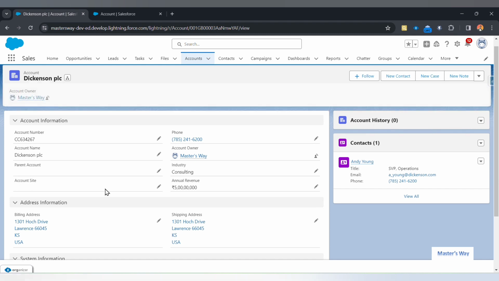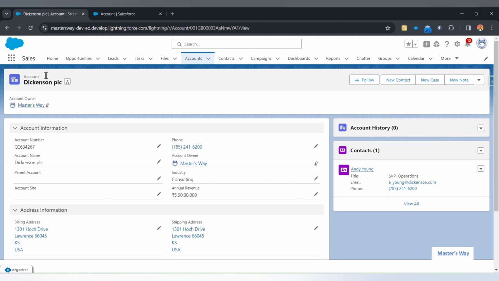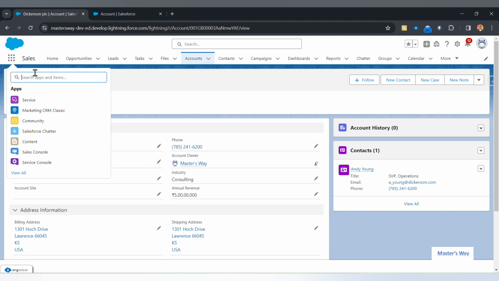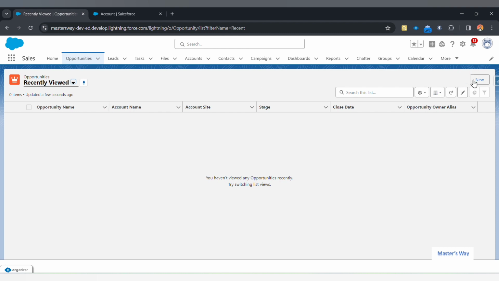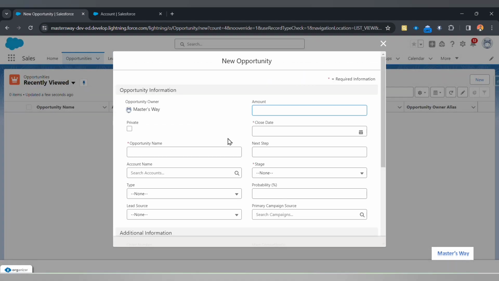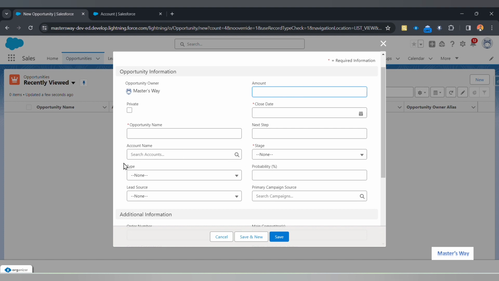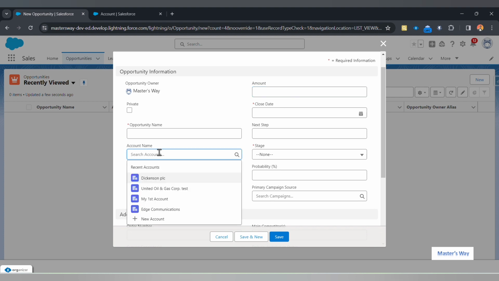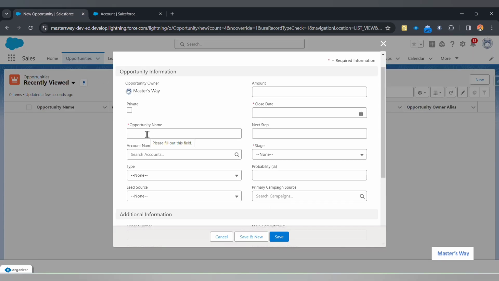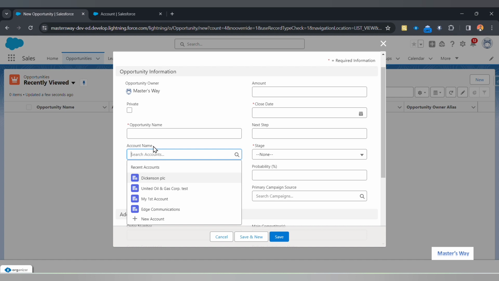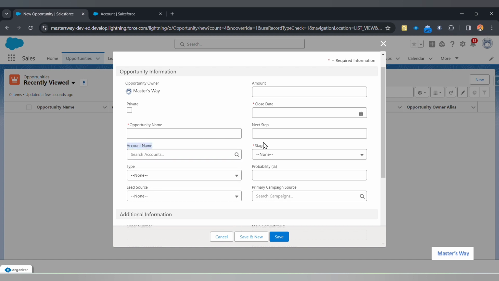I think till now we don't have any lookup filters here. See, this is the lookup field, account name. If I click on this account name, it is showing all the accounts present in this. So if you don't want to show all the accounts, if you want to show only some accounts, like the account name is there, right? If you want to show only the account name,